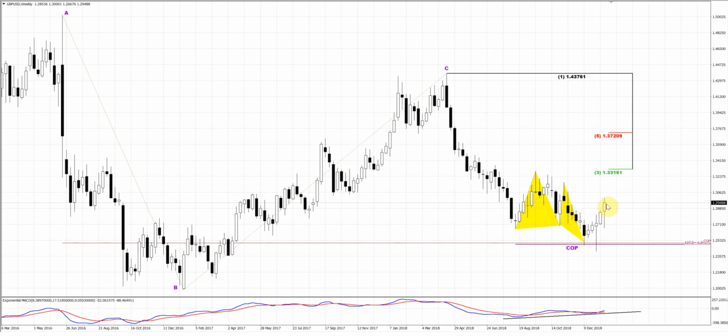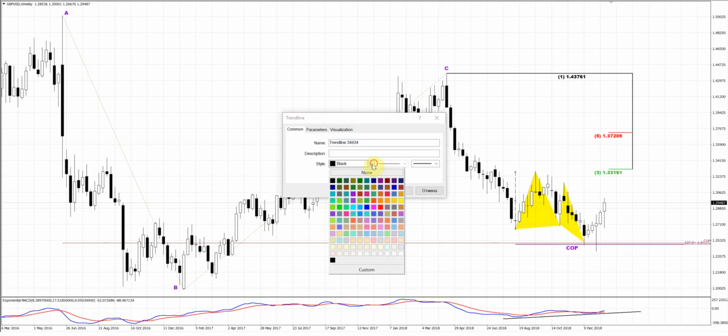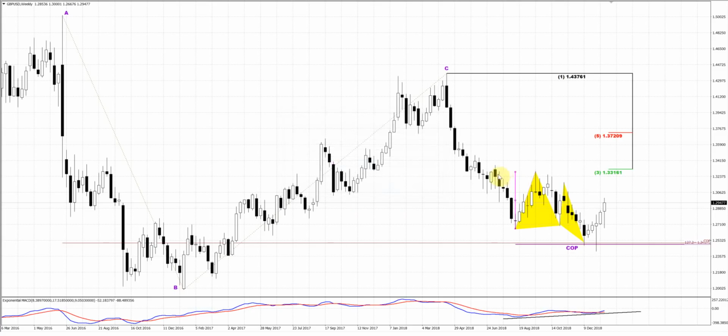That makes me think that market really could continue move higher a bit. At the same time, we should keep in mind this stuff. So actually we have a kind of harmonic swing in place. So we'll take a look at this one. You could see that actually it has been completed here as well, almost has been completed. Market could just continue move higher, and this harmonic swing actually